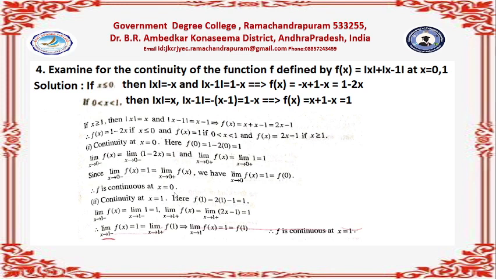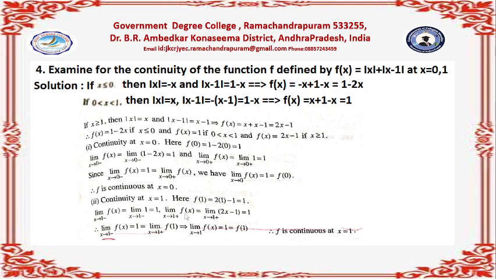Similarly, we are going to check whether the given function is continuous or not at x is equal to 1. Now what is the value of the function at x is equal to 1, f of 1? That is, we have to consider which one? 2x minus 1 function we have to consider. So f at 1 equal to 2 into 1 minus 1, that is equal to 1. Now limit f of x as x tends to 1 minus, left hand limit at 1. Okay, so f of x is equal to 1. Therefore we write limit as x tends to 1 minus of 1 is equal to 1 only,